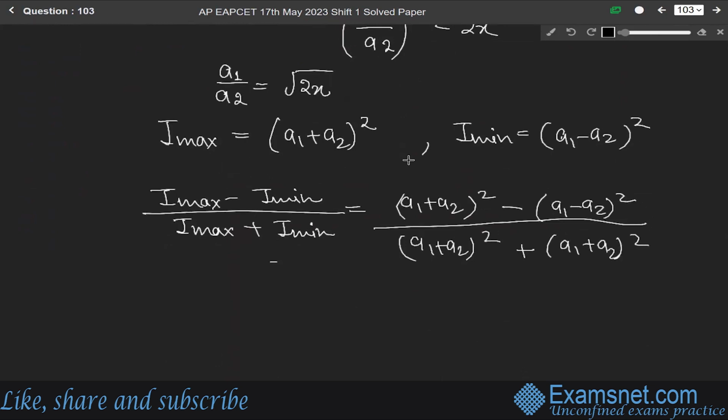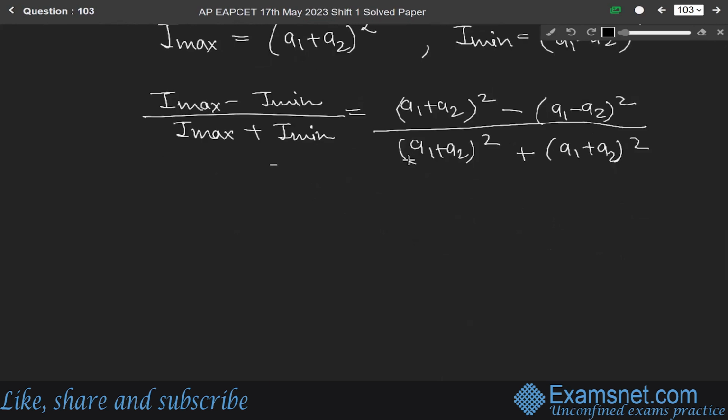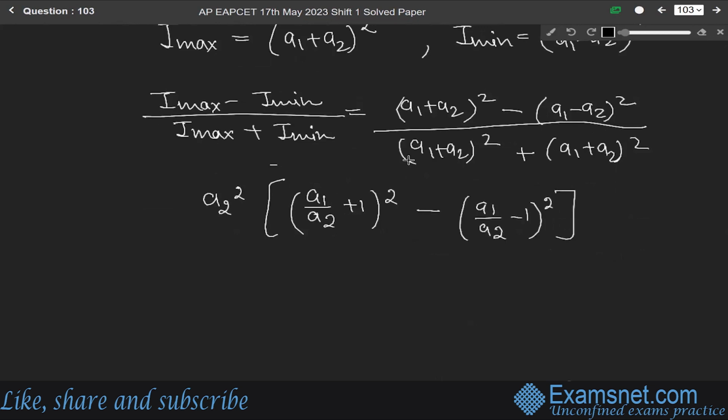Now solving it, taking A2 common, A2 square will be equal to ((A1 over A2 plus 1) whole square minus (A1 over A2 minus 1) whole square) over A2 square